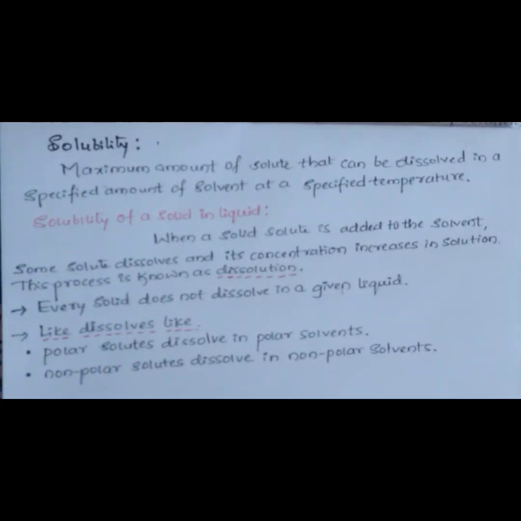This is how we can understand the solubility of a particular solute, and this solubility is different from one solvent to another as well as from one solute to another. Different solvents have different ability to dissolve the solute in them.